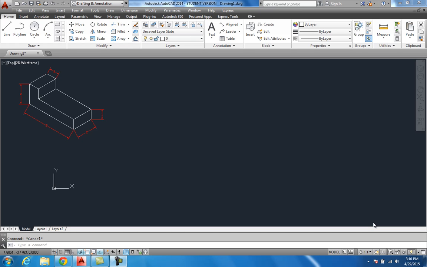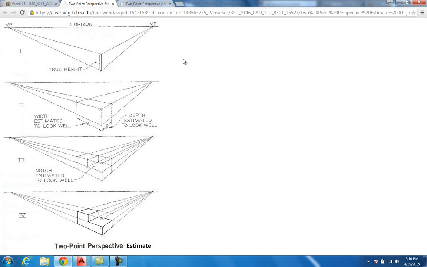As you can see on the screen right now, I have an isometric view. It's a real simple little object, and I want to draw that for you in two-point perspective, and then I'll do it in the actual two-point perspective, and I'll show you how to get the depth to it. We'll start out by looking at this thing in the estimate two-point perspective, and basically you